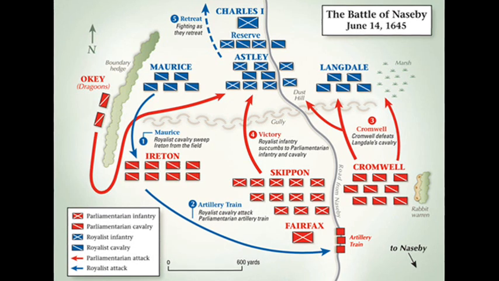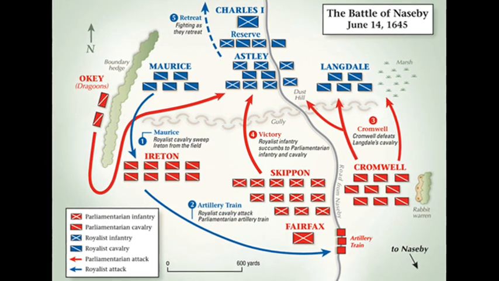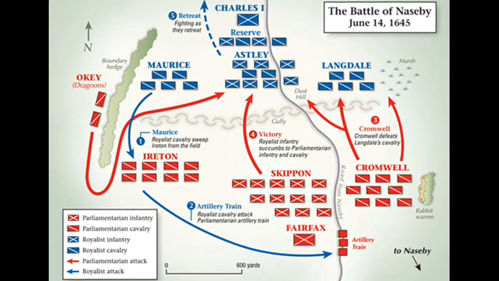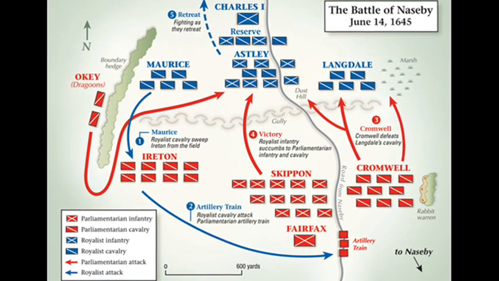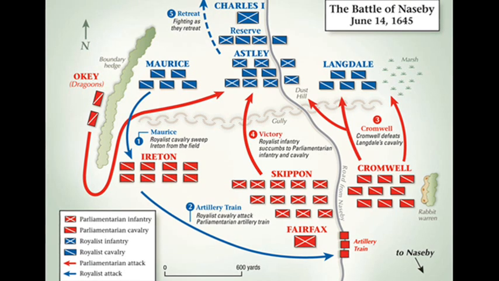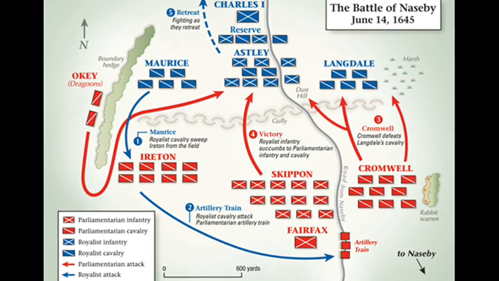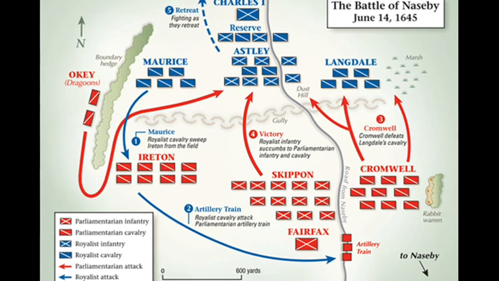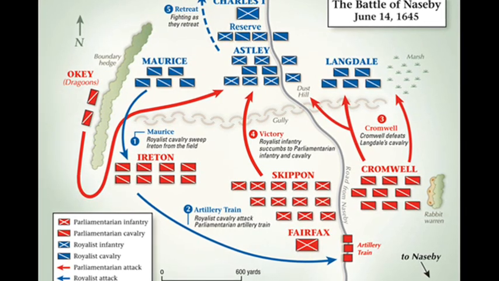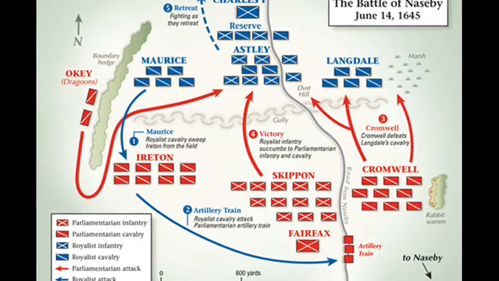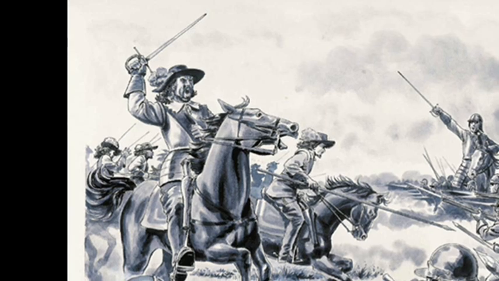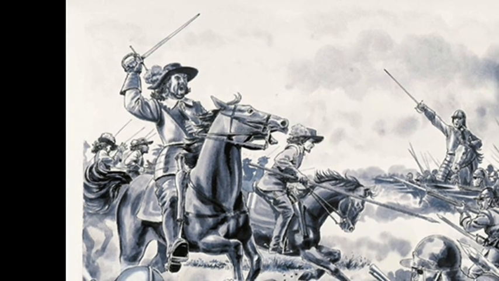Prince Rupert of the Rhine soon broke through the parliamentary left flank, but rode on to pursue fleeing parliamentarians rather than turn and outflank the infantry to his advantage. This decision weakened the Royalists, and Cromwell's cavalry was able to break the remaining Royalist cavalry before turning against their infantry in the centre. Before long, the Royalists began to surrender, while King Charles himself fled.